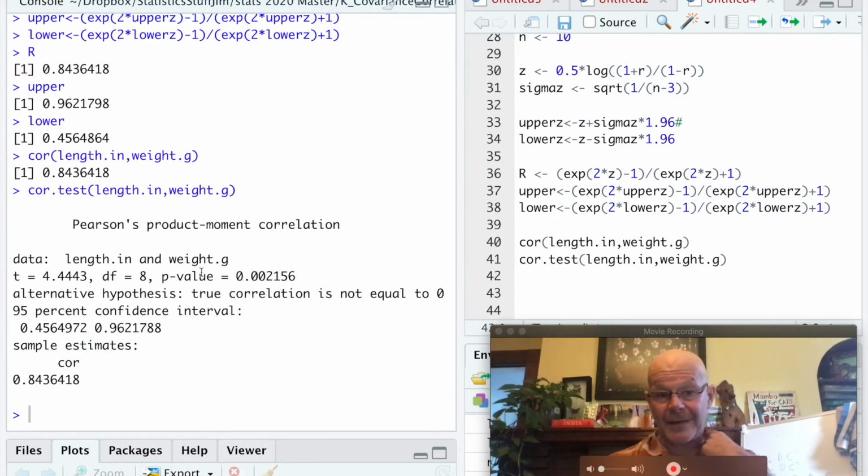And core.test will give us the 95% confidence interval. We got the same values, and there's our same correlation. And so now we know where these numbers are coming from, and we understand how that 95% confidence interval is being described. So again, we have to go into Fisher's r-to-z land if we want to calculate that 95% confidence